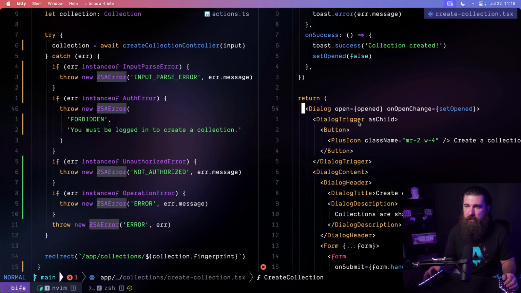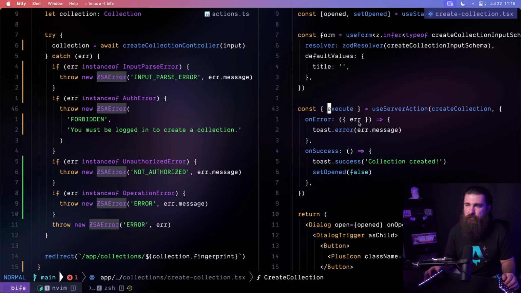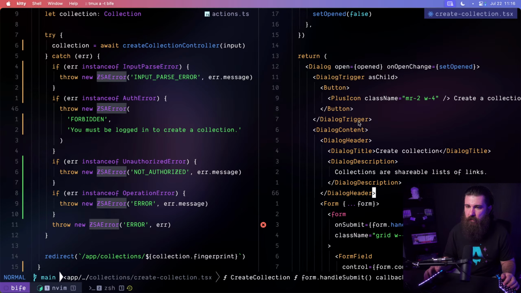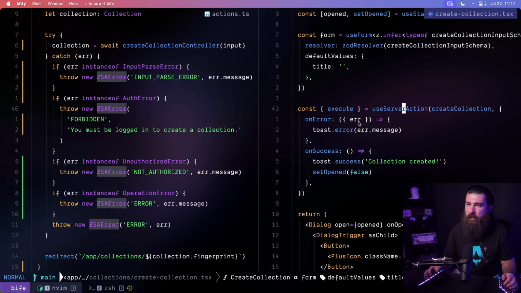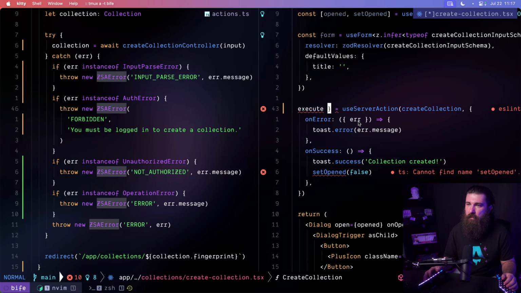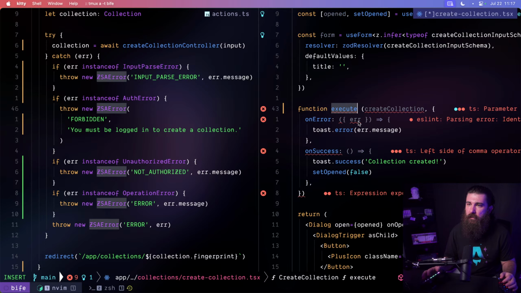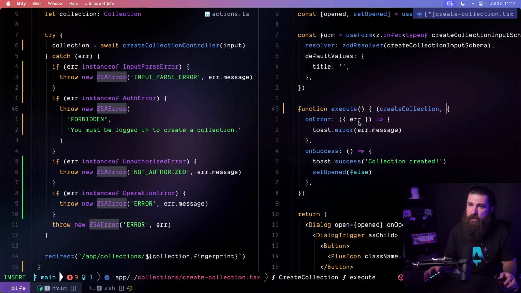And when we say execute, it's here in the submit. Well, here's what we're gonna do. I'm going to define a function that actually does that. It's going to invoke